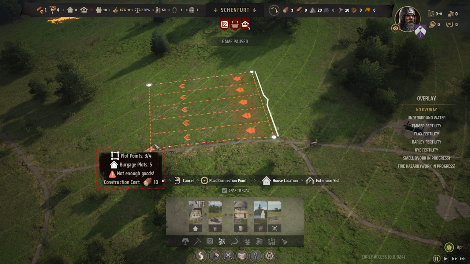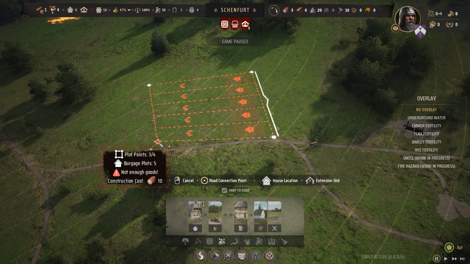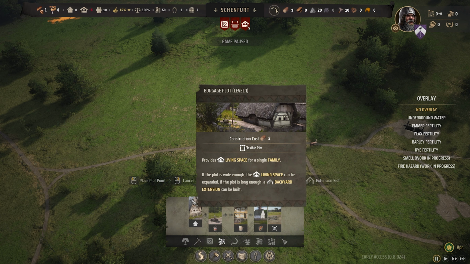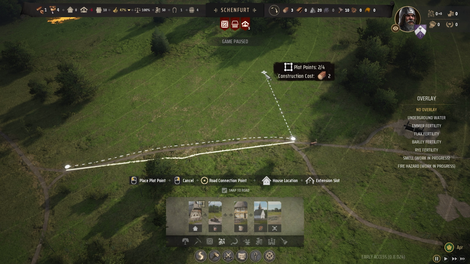What's the rotation button here? How do I rotate this? Because if I click the other one, that's going to cancel it. If I press R... No. That changes tabs. Oh, great. So how do you... Can you not rotate the roads once you've actually... the houses once you've...